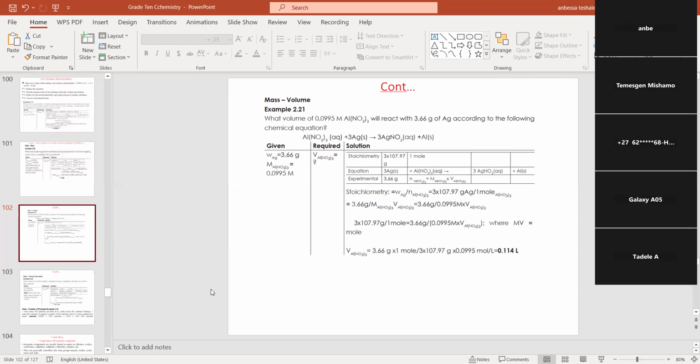The trend we use for calculating the mass from a given mole, or volume from a given mass, is the same as that of the mole or mass-volume relationship. ተመሳሳይ ነው ከዛኛው ጋር የሚሆነው ማለት ነው።